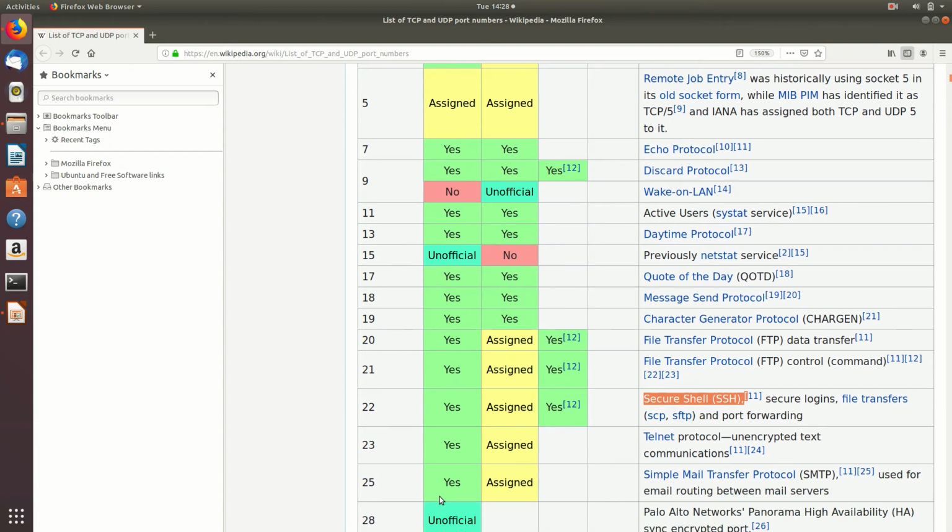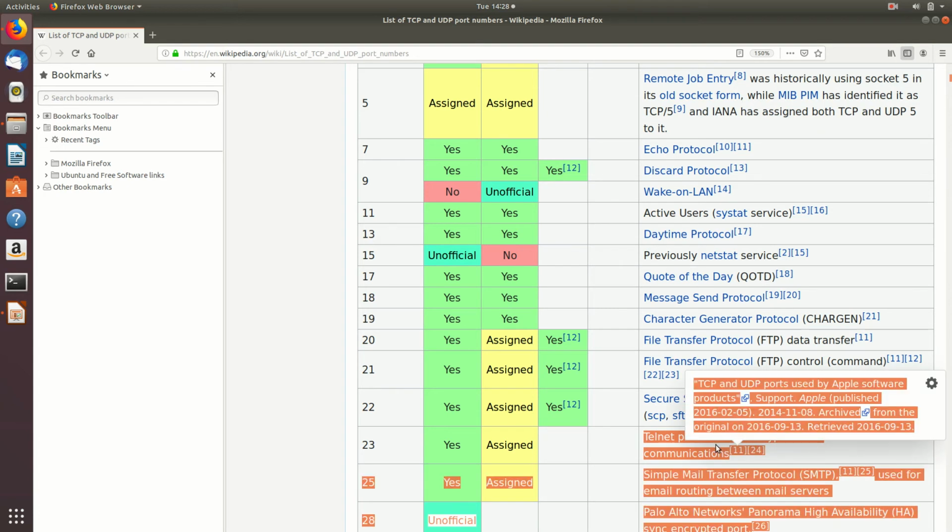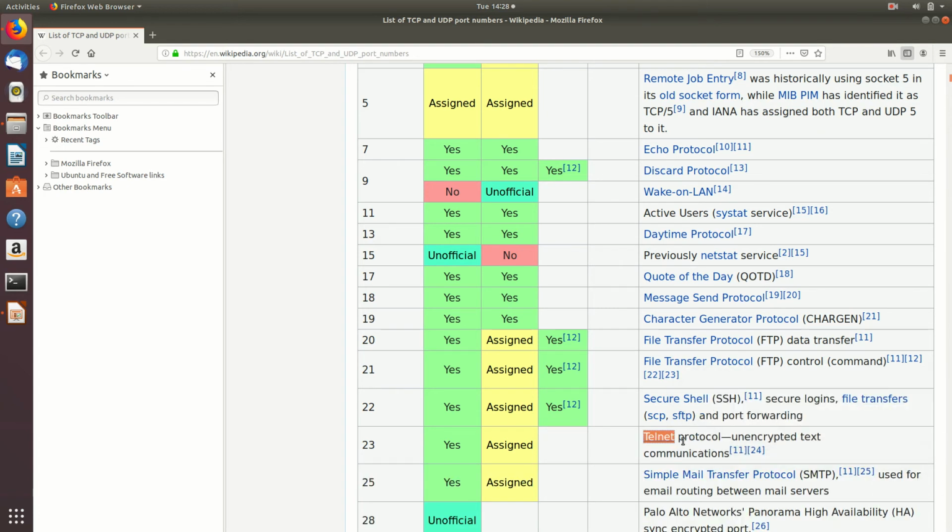Now for remote login, there is RLogin, and the latest one is the telnet application, which is used for remote login, and it makes use of port number 23. The next one, 25, is another well-known application, the simple mail transfer protocol, SMTP. Again we may see this in our subsequent discussion on application layer protocols.